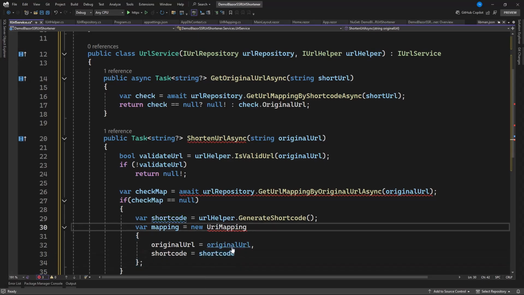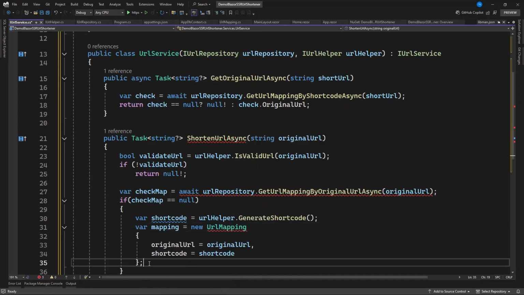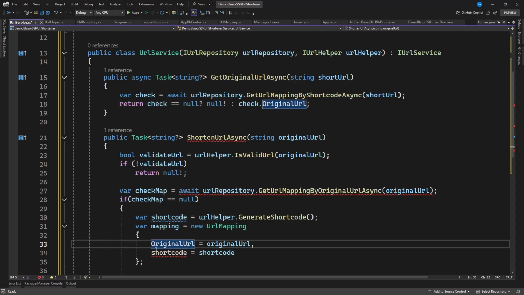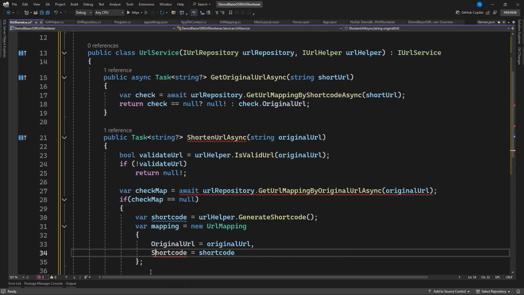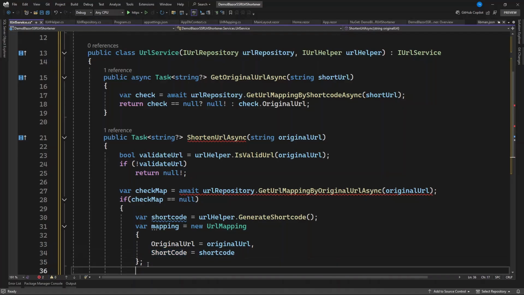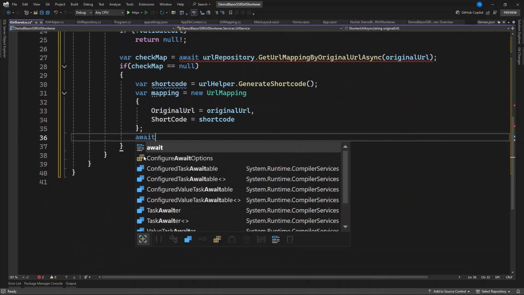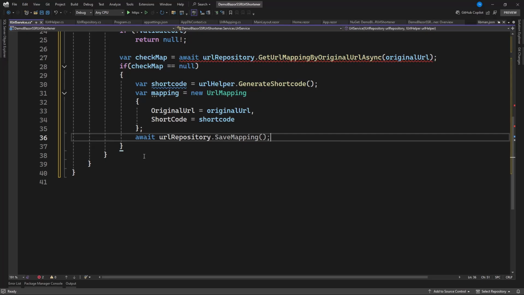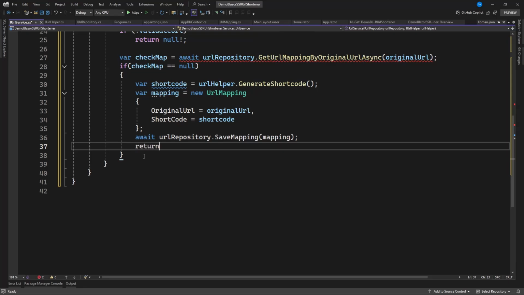Now for URL mapping, we can include the models. Once you're done with this, we need to go and make a save. So I think this should be original, capital, short code. Okay, that's fine. Let's go and save that. How do we save it? It's quite simple. URL repository dot save mapping, and I'll pass in this mapping. That is all. After we are done with that, you want to return this URL helper